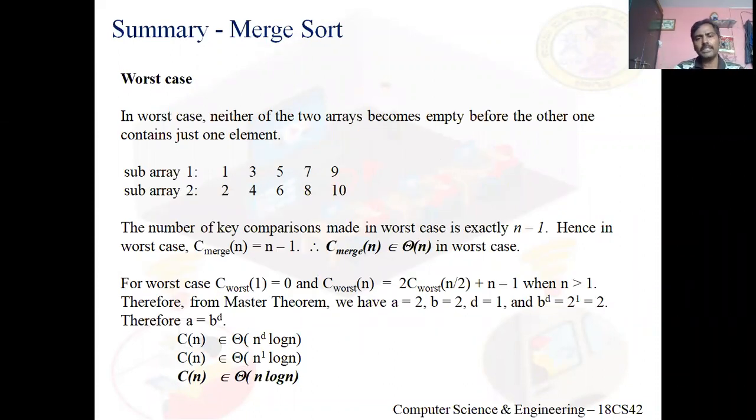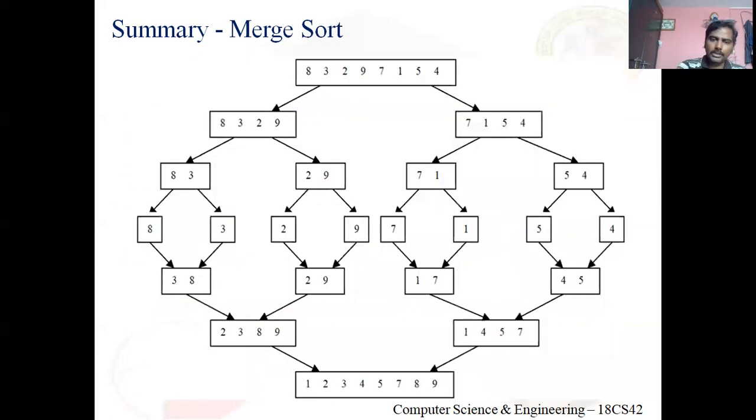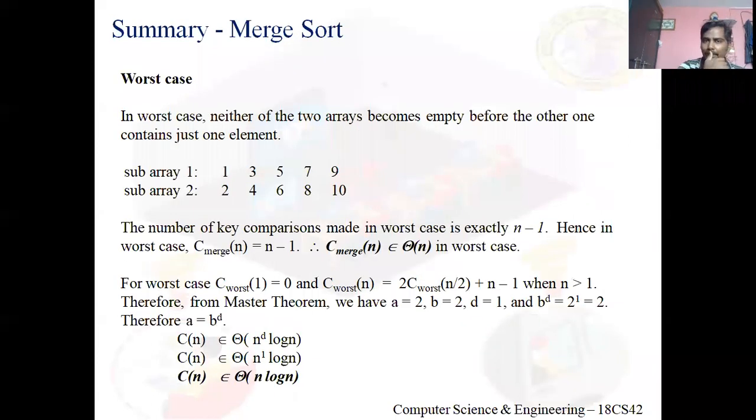Because in the worst case, exactly n minus 1 comparisons take place. You can check it, and justify yourself by merging these two subarrays, subarray 1, subarray 2. For the best and average case, try to merge the two subarrays at the last but one level. You will see there are fewer than n minus 1 comparisons because that is average. This is an example for the worst case. So in the worst case, it's big theta of n log n.